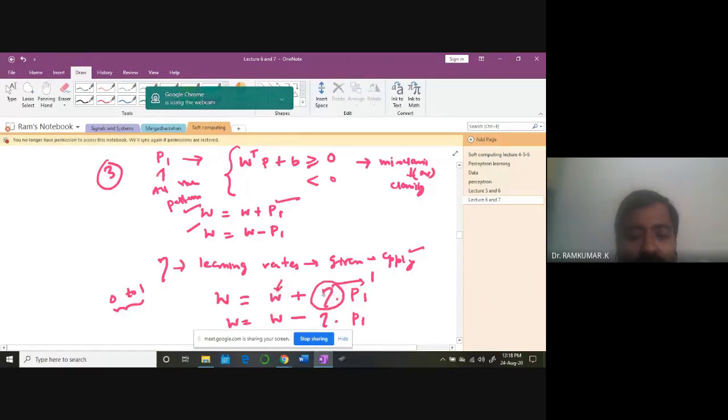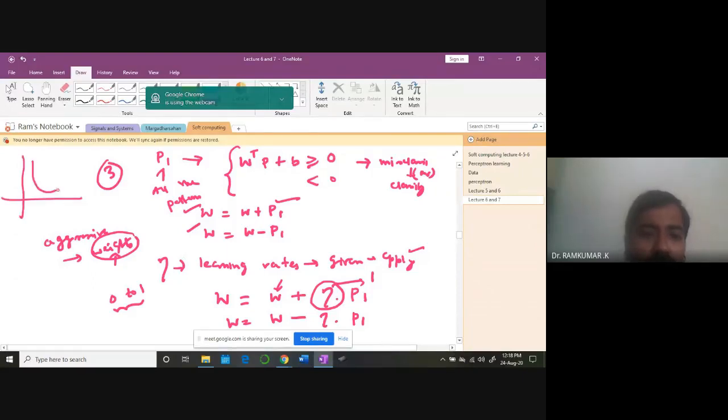If I'm going to have a huge value here, more amount of P1 I'm going to add here, thereby I'm becoming more aggressive in pushing my weights towards that point. But that's not really going to help me. That's what we learned. If you look at the error curve, the step is decided by this learning rate. If I choose a bigger step, sometimes I may miss the minimum point. So naturally you should be careful in choosing this learning rate.